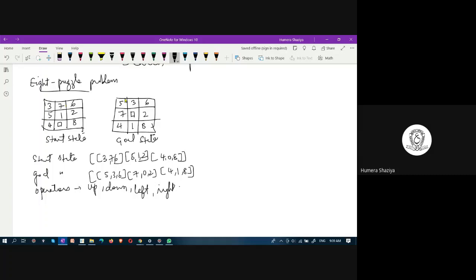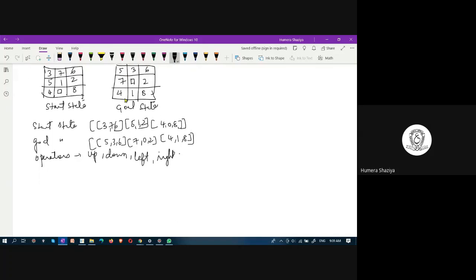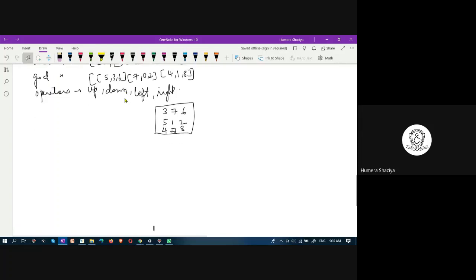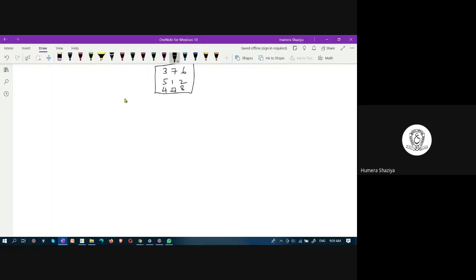Let us try to solve this problem. When you develop a search space, you start with the start state. So our start state is 3, 7, 6, 5, 1, 2, 4, empty, 8. This is our start state. From here, we can move on to different states by applying the operator to this empty tile. Operators are up, down, left, right. Based on the position of this tile, you need to choose which one to apply. When you are expanding this,